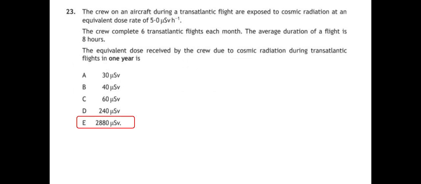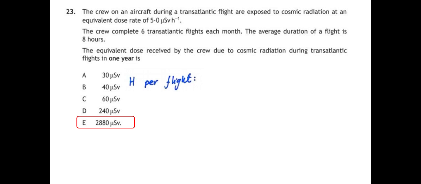Question 23. The crew on an aircraft during a transatlantic flight are exposed to cosmic radiation at an equivalent dose rate of 5 microsieverts per hour. The crew completes 6 transatlantic flights each month. The average duration of a flight is 8 hours. The equivalent dose received by the crew due to cosmic radiation during transatlantic flights in 1 year is,